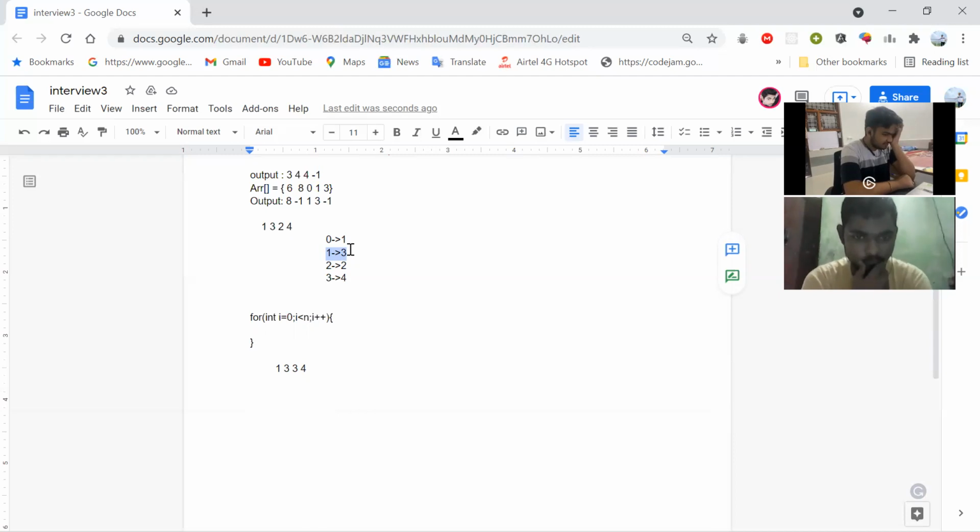Greater element with minimum index. Let's say this condition will happen. Just going to put the minimum index.